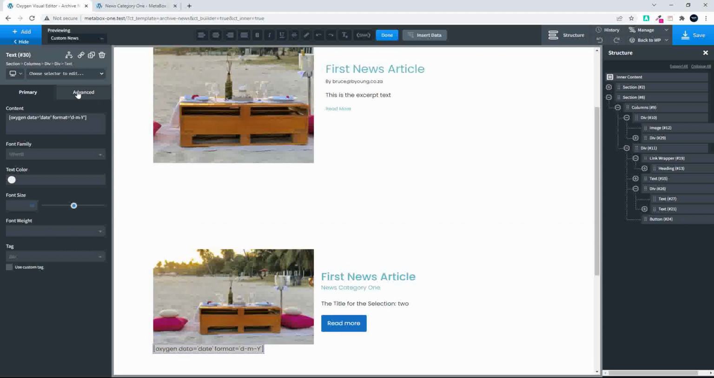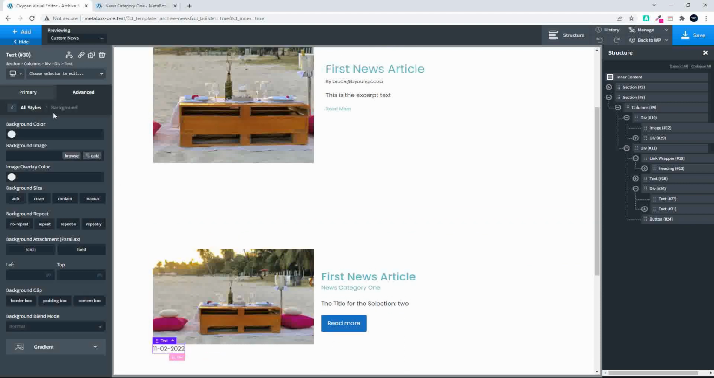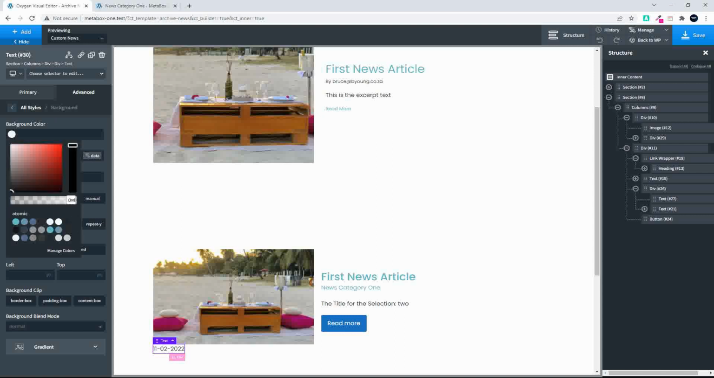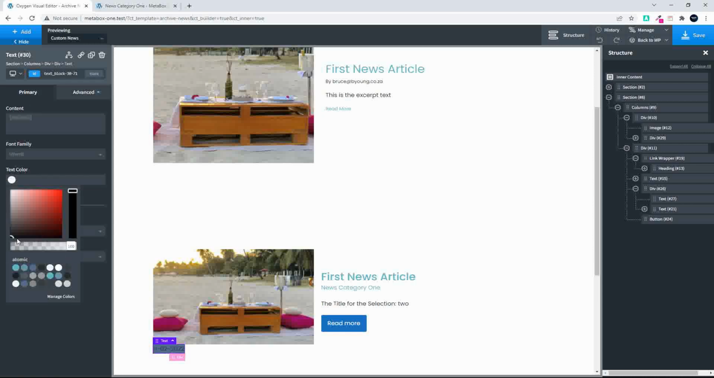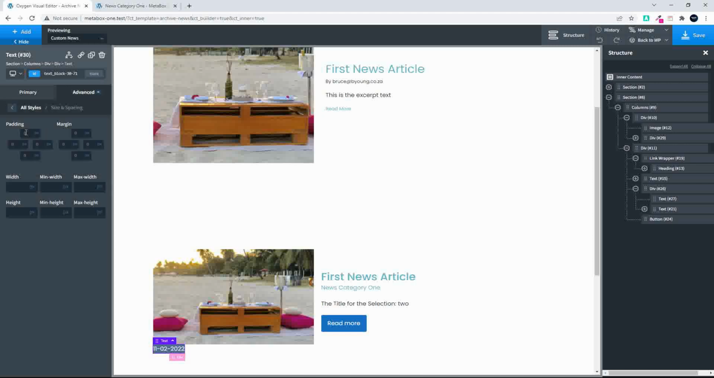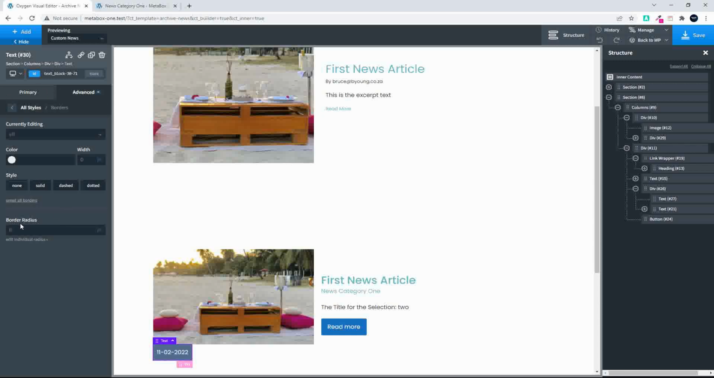The next thing I'm going to do is create a background for that. So the background color, I'll go with that as it's part of the theme. Then I'm going to do the text color of white, or maybe that color is fine. Then we need to do some size and spacing, so I'll do some padding. What I'm also going to do now is give that a border radius, so a border radius of 5,